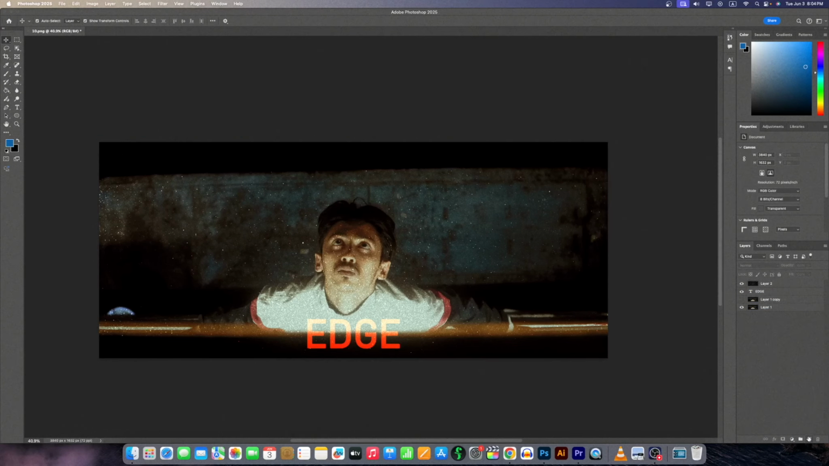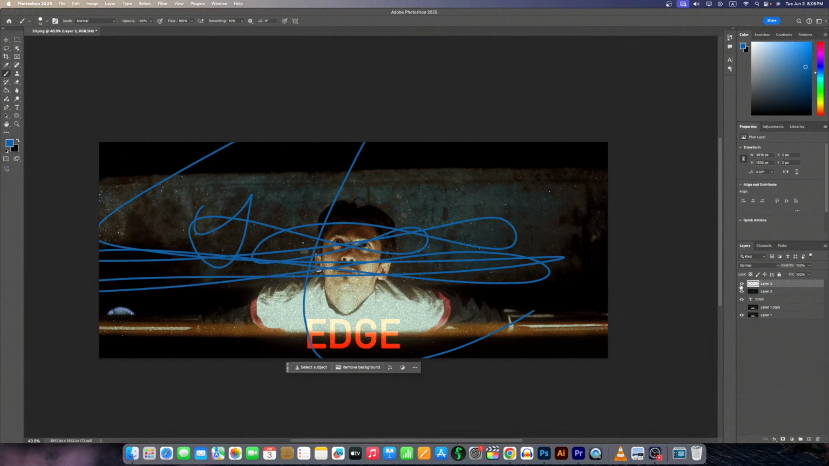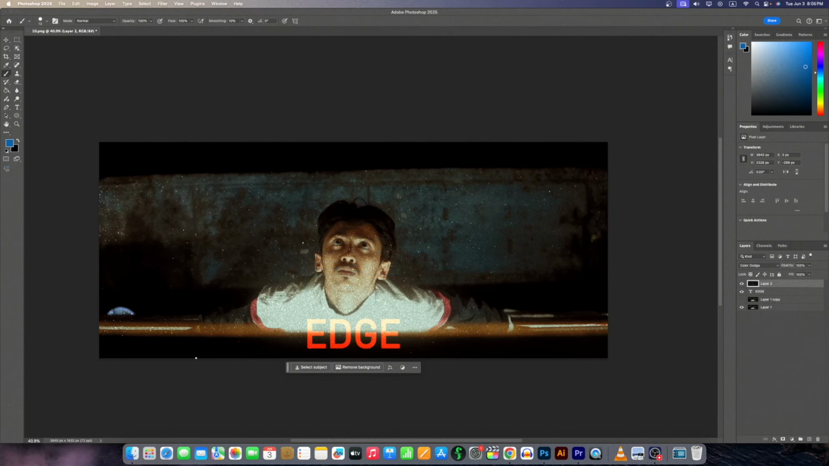And if you want to play around, then you can create a new layer and do whatever you feel like. And if you want to delete the layer, rest of the photo won't be affected. You can also play around with the opacity of the layers, and you can add as many layers as you